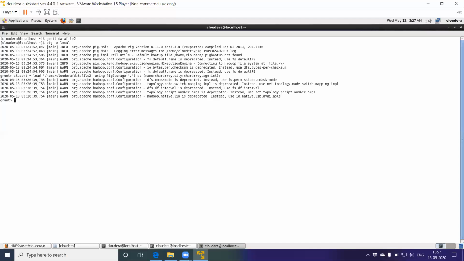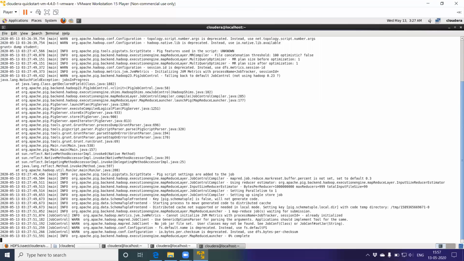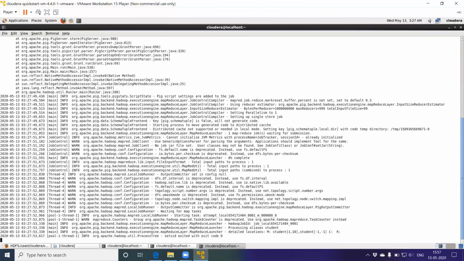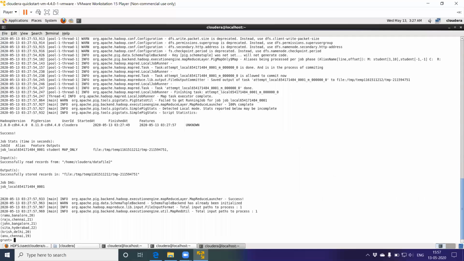Now to view the content of this bag, the command used is dump bag name. Though you write Pig Latin commands, the processing is using MapReduce. You can see here in the background, whatever command you have given is processed and you get the output here.